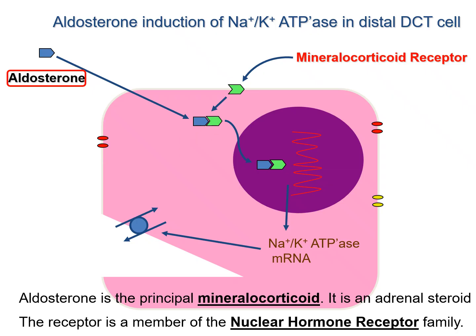So if we block the binding over here, we block the production of more of this sodium potassium ATPase, and that results in less reabsorption of the sodium, and so basically enhances the diuretic effect, or enhances sodium excretion in other words. Okay, so let's take a look at these aldosterone antagonists, as we call them, that block the binding of aldosterone in this area.